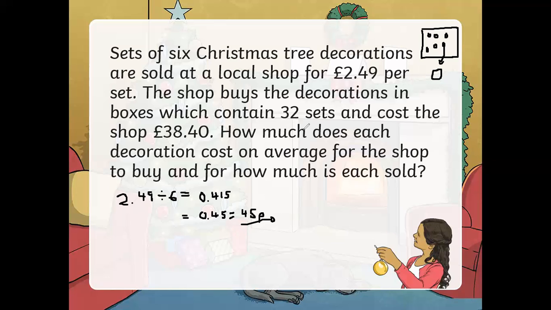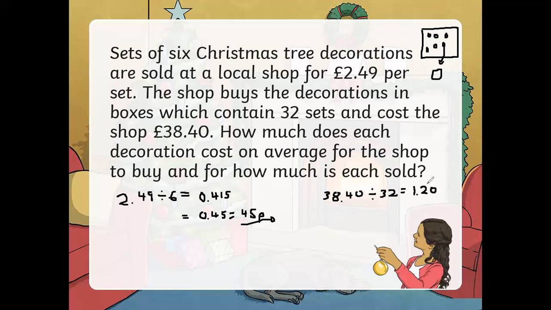And now we want to work out how much the shop buys the decorations for. So it says they buy 32 sets, and remember each set has 6 decorations in it. So we're going to first find out how much they buy a set for. So we're going to go 38.40. That's how much they pay for all 32 sets. So if we divide that by 32, we can find out what one set will cost the shop. 38.4 divided by 32. So one set is going to cost the shop